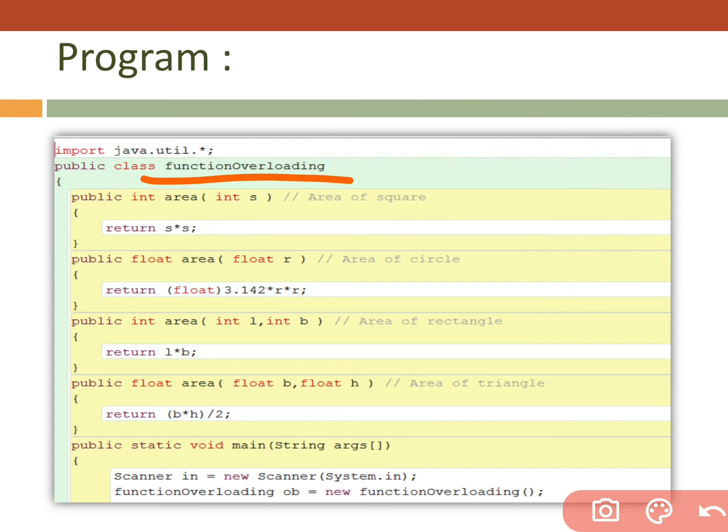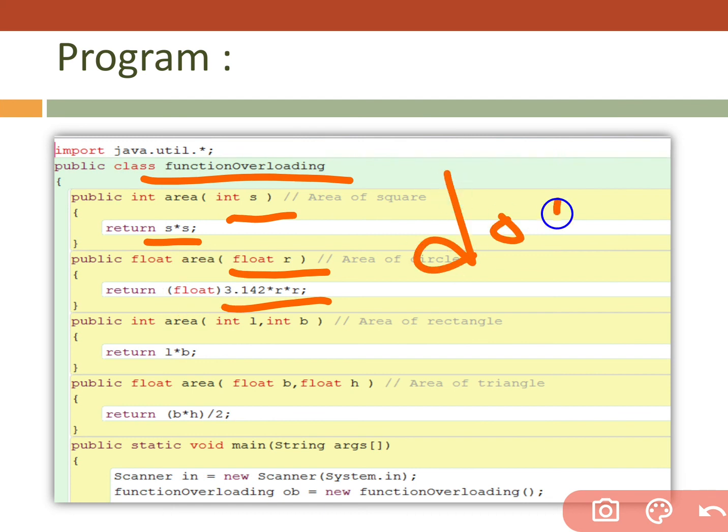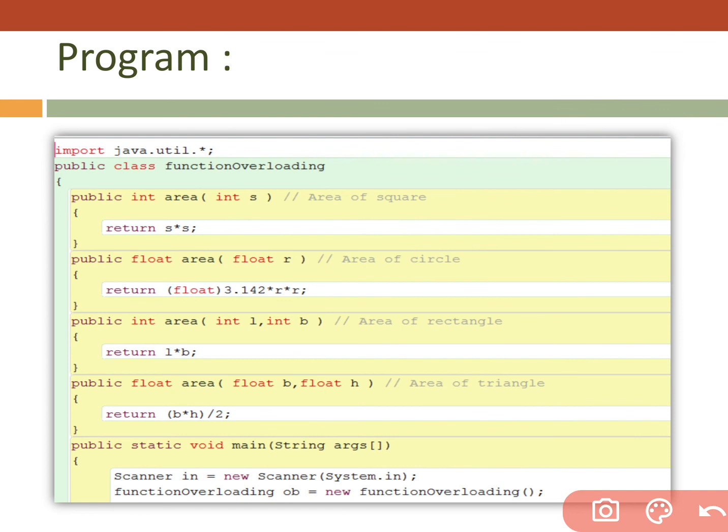Otherwise, not. See, side into side. I'm taking radius, then pi r square. I'm taking it as float. Otherwise, the compiler thinks that the answer will be in double, precision-wise. That's why it is converted into float, so that I'm not getting any error. And see, area is length into breadth, that's why I'm writing length into breadth. I'm taking B and H as base and height, and I want to differentiate the cases. That's why I wrote float.